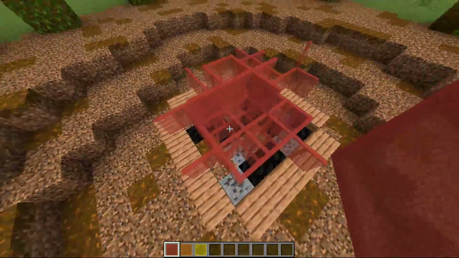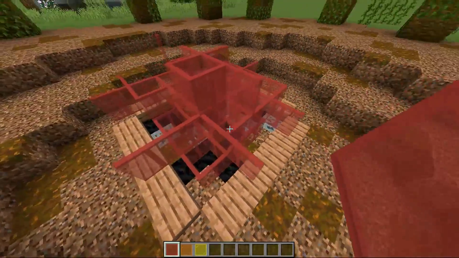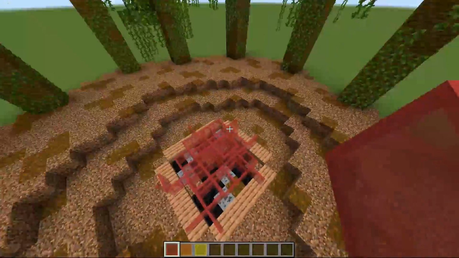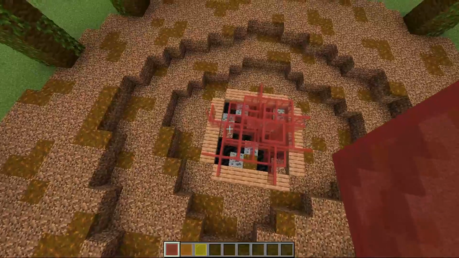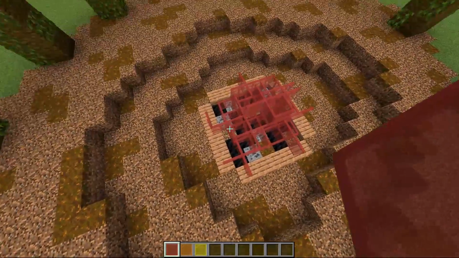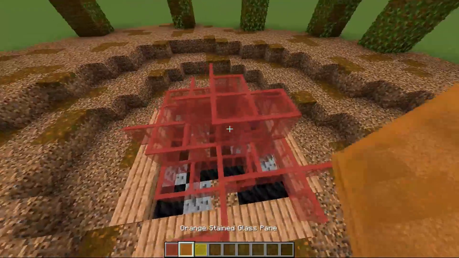So overall, it's just kind of eyeballing it, whatever looks better, a lot of trial and error, because these are kind of hard to get right, especially on such a small scale, because this is the smallest that it's feasible to make a fire. Smaller than that, and you might as well just light a bunch of blocks on fire and call it good. So anyway, just gonna place a few more in, and now we're going to be adding